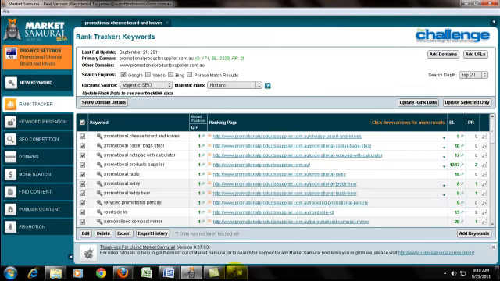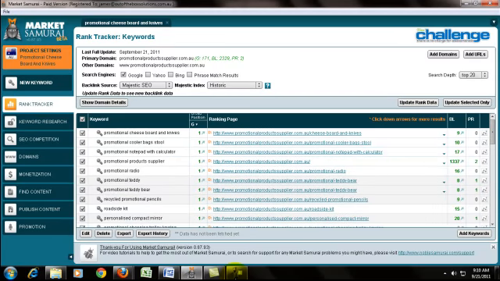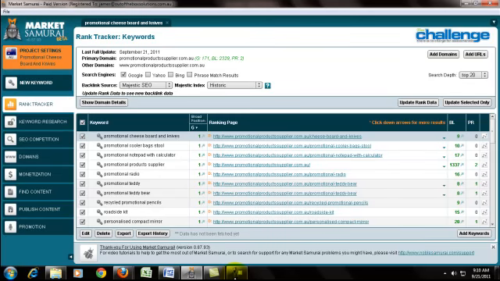Each month you will just have to update your rank data and export the results and provide a detailed report so that we can evaluate the rankings and shift the campaigns on other keywords.